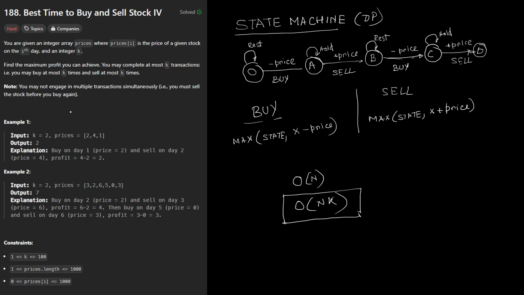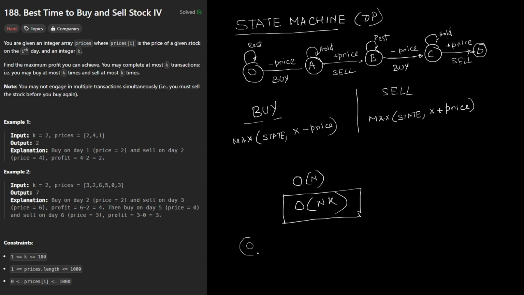Here we are given an integer array prices, where prices[i] is the price of a given stock on the ith day, and an integer k. Find the maximum profit you can achieve. You can complete at most k transactions, i.e., you may buy at most k times and sell at most k times. In the previous problem, you could complete at most 2 transactions. Here it's k. So the only difference would be